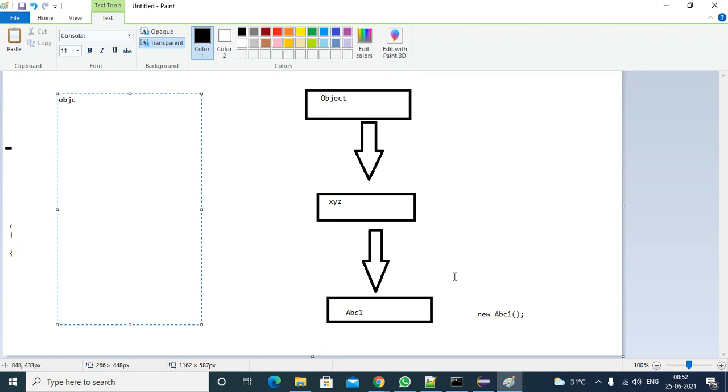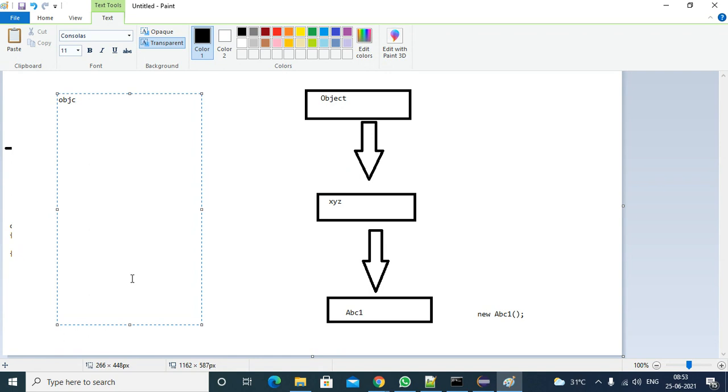But how is this happening? Who is creating the object for XYZ class, who is creating the object for Object class? That is important. You are allocating memory, that is okay, but who is calling the superclass? From here there must be a call from child to parent. So how will the call happen? It will happen in this way.